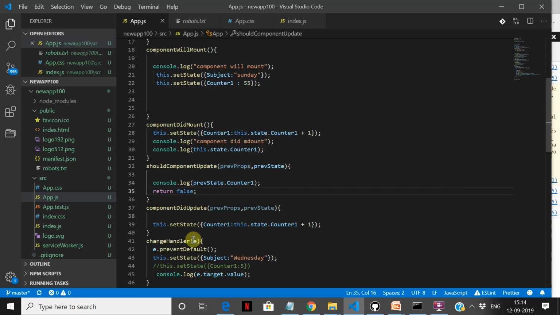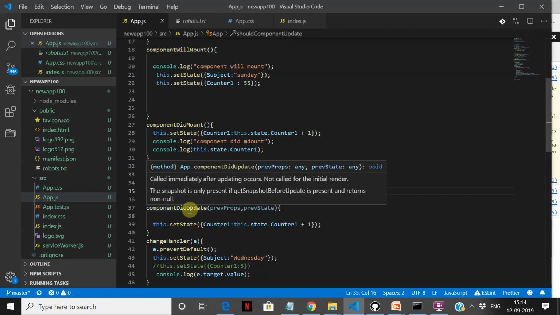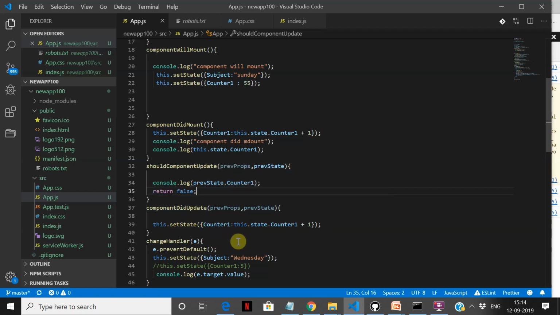So now you see that the error has gone away. The concept here, as I told you, is that component will mount and component did mount run only once. Component will update and component did update run every time the component re-renders. And when does a component re-render? Whenever a state is changed. So now React.js recognizes that this dot set state is going to fire component did update. So it's going to re-render it. And in the re-render